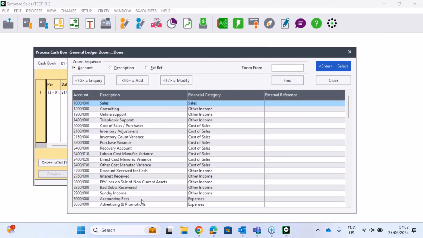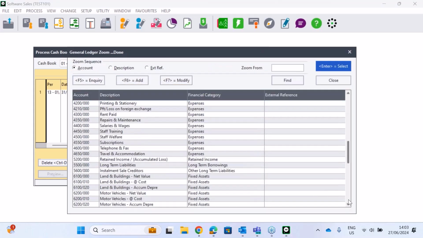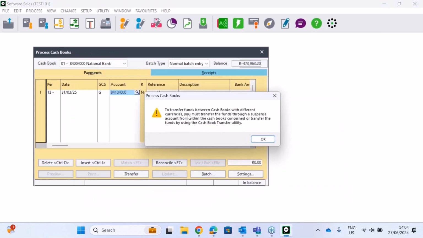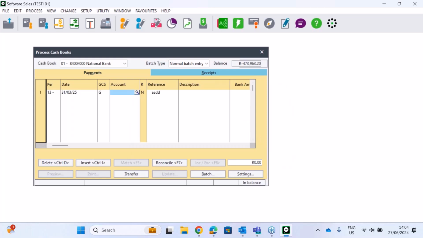So for example, I should have 3 bank accounts. So I've got my national bank and my international bank. So what a lot of people would do is they would select the bank account. Now here it will tell you, please don't do this. But as we know, if you're busy, a lot of the time you just click on OK and it may